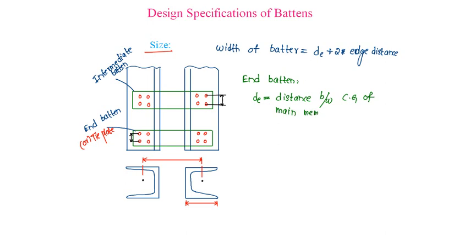That is, if this is a spacing S and the CG distance is, let us say, this is CY and this is also CY, then the distance between CGs, that is S plus 2 times CY, is the effective depth in the case of end battens, where effective depth is measured from end to end, center to center of the bolts. So this is the effective depth in an end batten, which is S plus 2y,